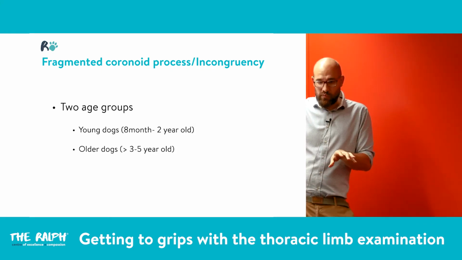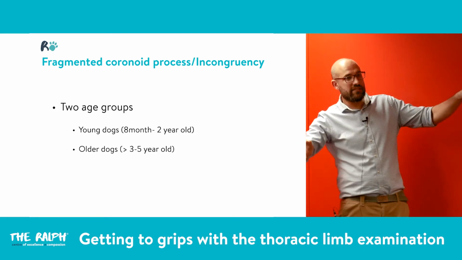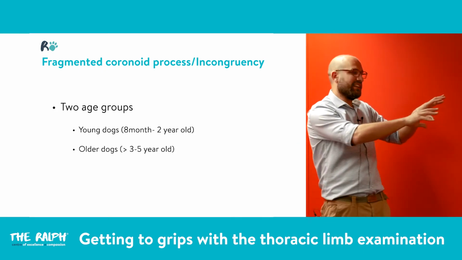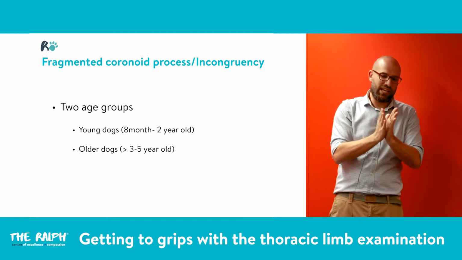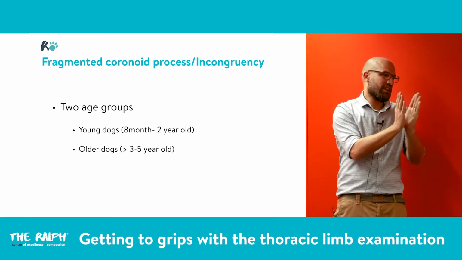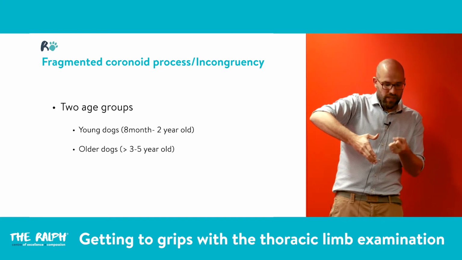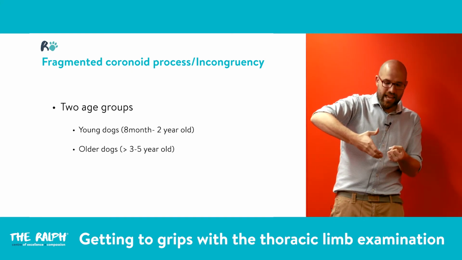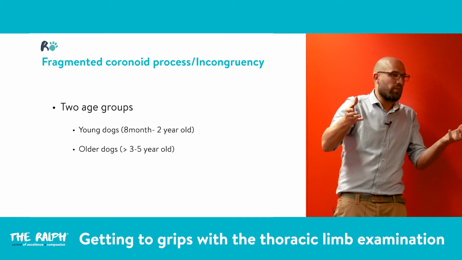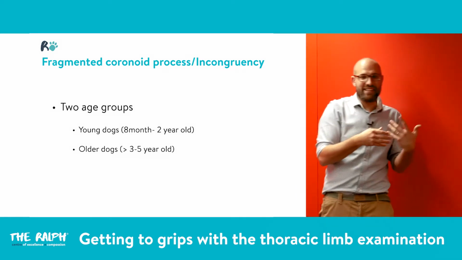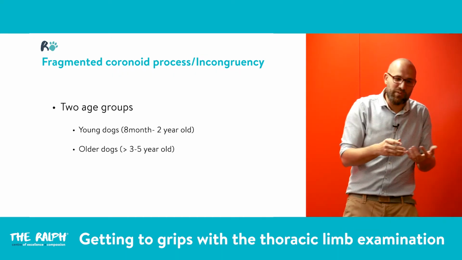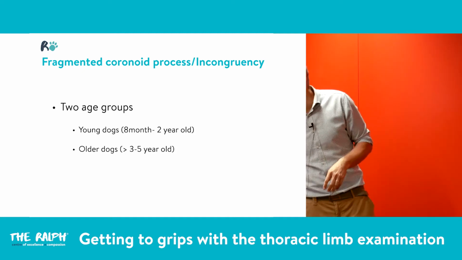You put the bully in one room and the little kid in the other room, so the bully cannot reach the little kid anymore, which means doing a subtotal coronoid ostectomy, an SCO, where you remove a little wedge of bone between the radial head and the coronoid process, and problem solved. Okay, so that's how I like to explain it, which is a silly way, but it tends to stick